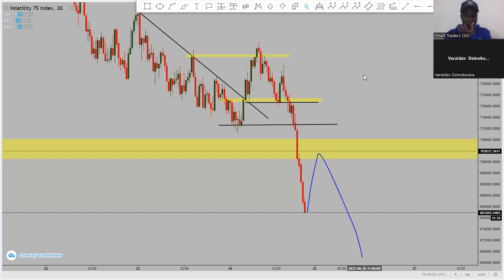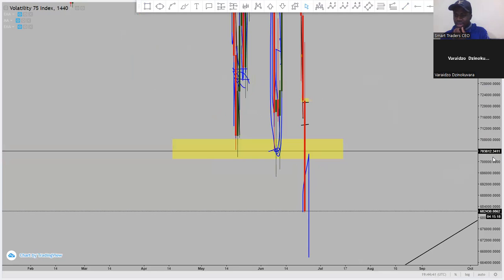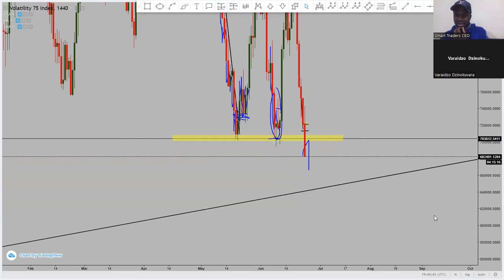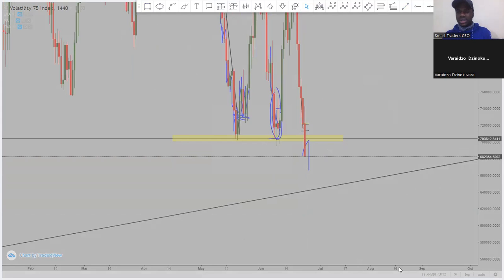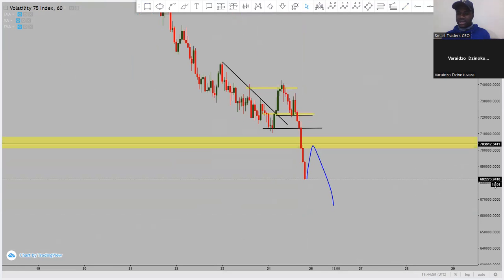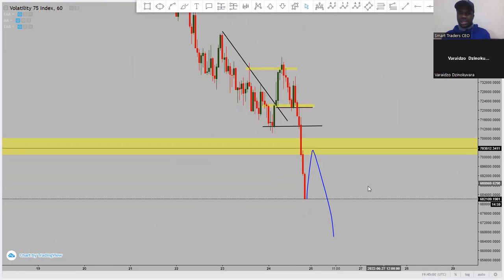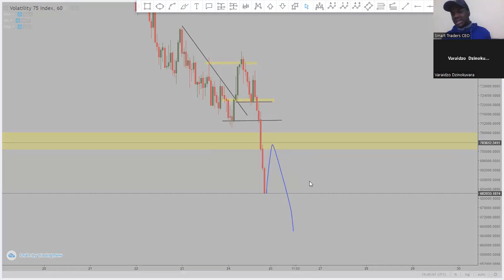So now I hope it doesn't go straight to that trend line before pulling back. The trend line is far. So yeah, we still expect the pullback to happen. So just check out now and wait for the pullback. Once you get the pullback and you get your bearish candlestick patterns, you can simply enter nicely. Then the target will be that trend line that we saw.